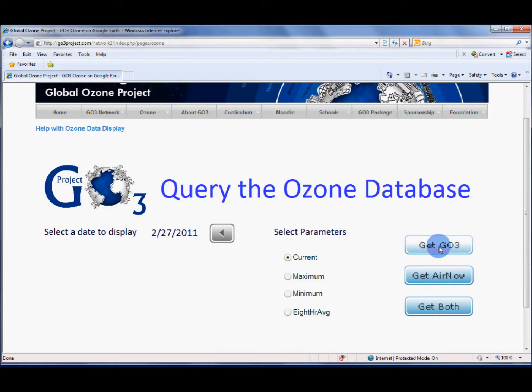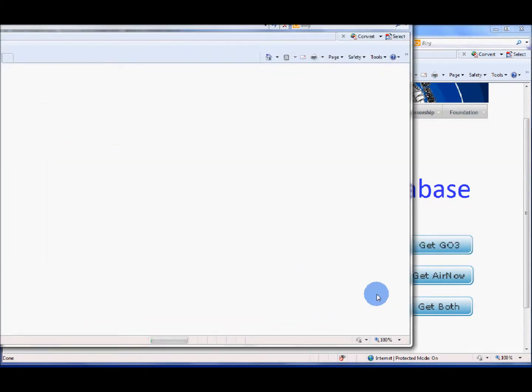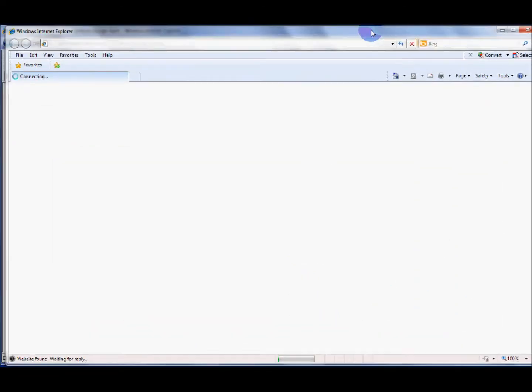So if you click on Get Go3, that gets all the student collected data. And Get Air Now gets all the EPA's data for the United States. So since I want to look at my data, I'm going to look at Get Go3. This brings up a window which it will begin a download of a Google Earth file for you to view